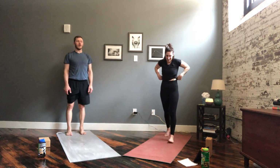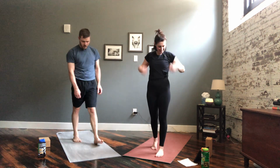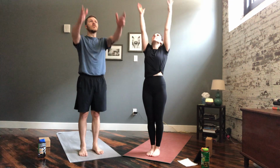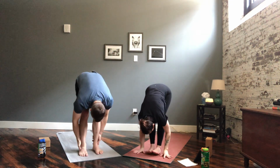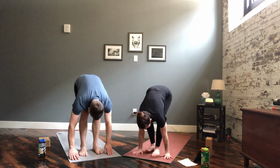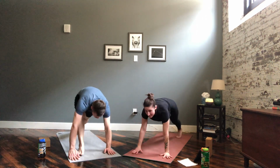Come back to stand at the top of your mat. Let's begin to kind of cool it down. So inhale, reach up. Exhale, fold. Inhale, lift halfway. Exhale, plant your palms, step it back, plank, lower to the